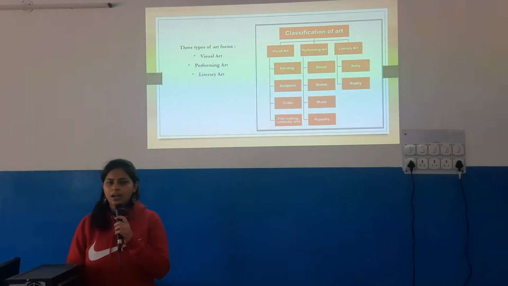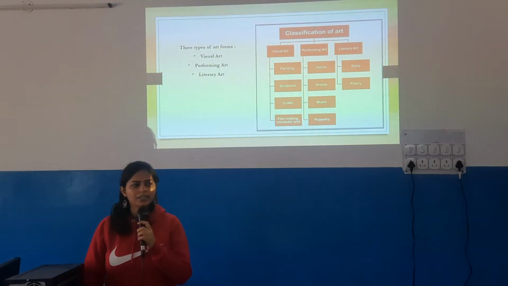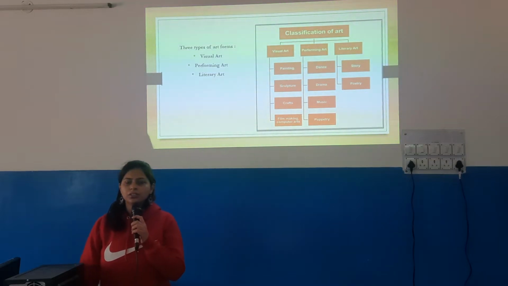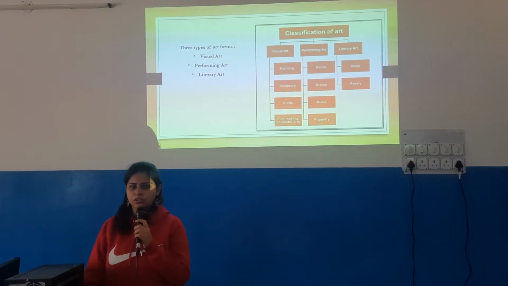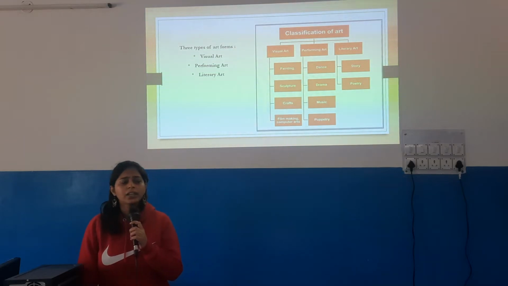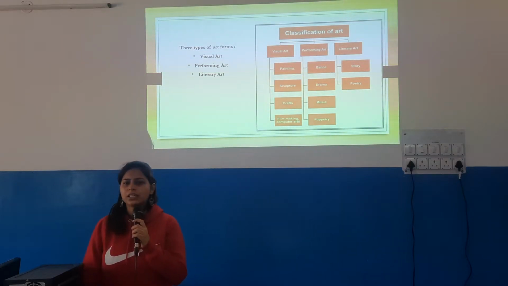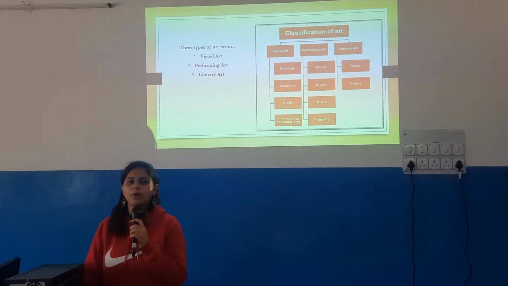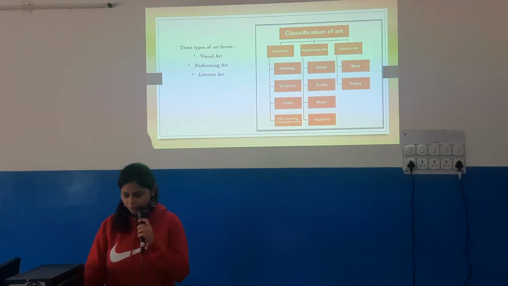We can understand this by taking a few examples, like, for example, sculptures. English teachers sitting over here use different sculptures to show famous poets and Greek philosophers in their lessons. Next, we can use puppetry in our daily teaching, especially in primary classes, to explain an entire chapter, which can be performed by students to make it very joyful learning.